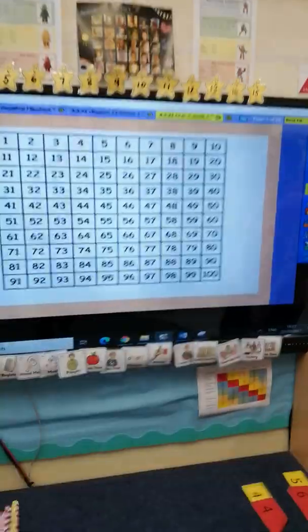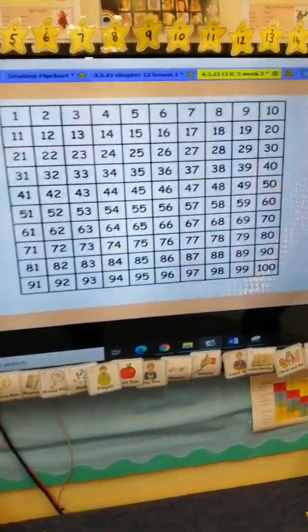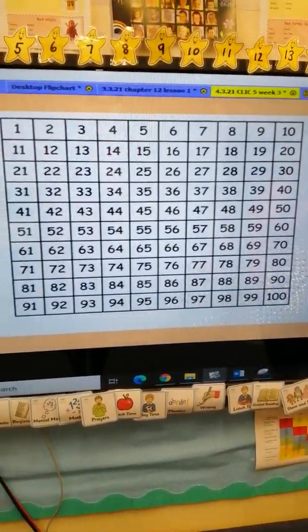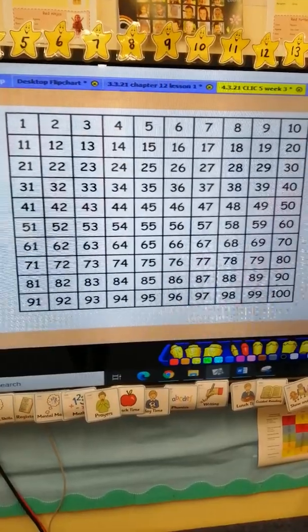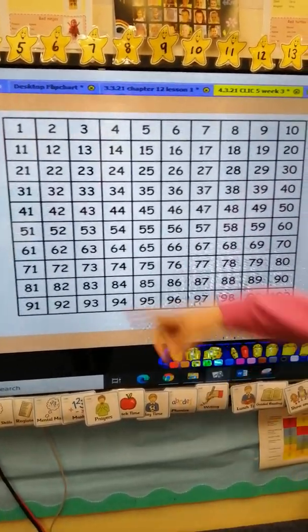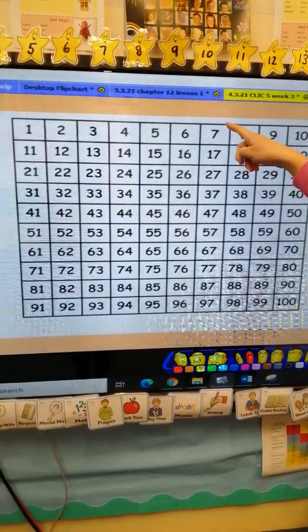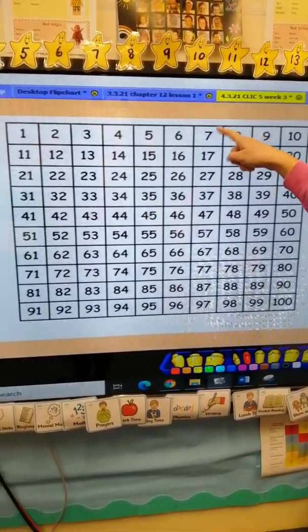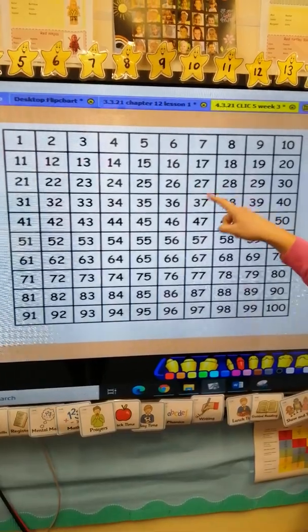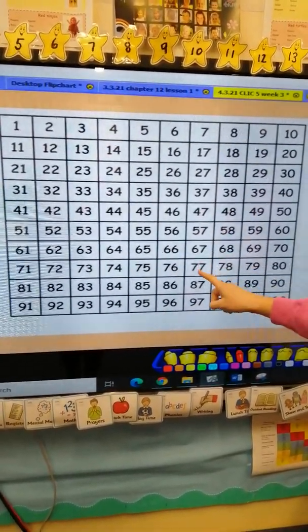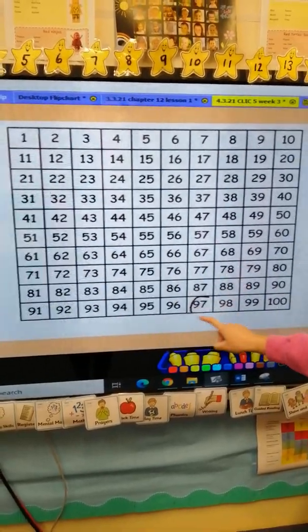Right, okay, so here we are, our 100 square. Who can find me the number 97? Where's the number 97? It's in the sevens column. So we're going to count along the sevens, and we're going to count in tens. 7, 17, 27, 37, 47, 57, 67, 77, 87. There it is,